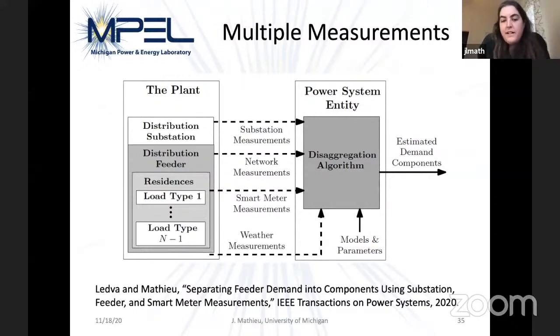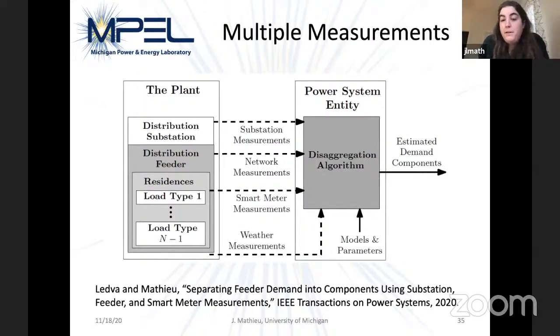So I'll talk about this in the context of the feeder energy disaggregation problem. Here, instead of just having substation measurements, imagine we also have measurements across the network, but at points that aren't necessarily points you choose. Maybe there are certain key points in the network where you're monitoring voltage because you've traditionally had problems there. But now you have that measurement. Can you leverage it in your energy disaggregation algorithm?